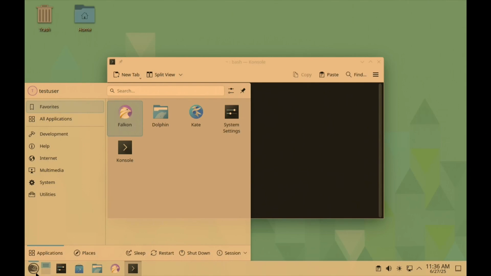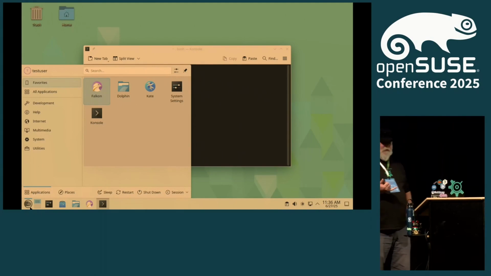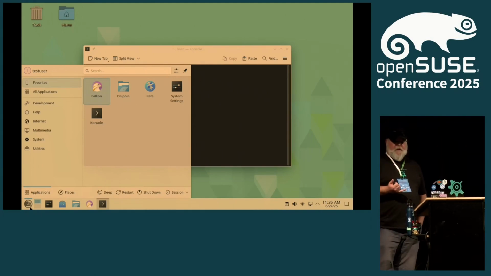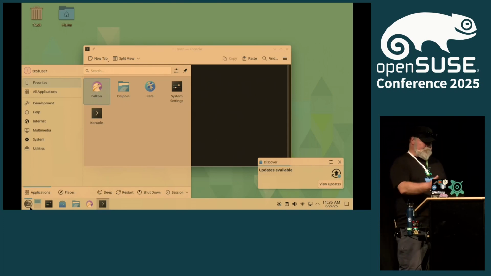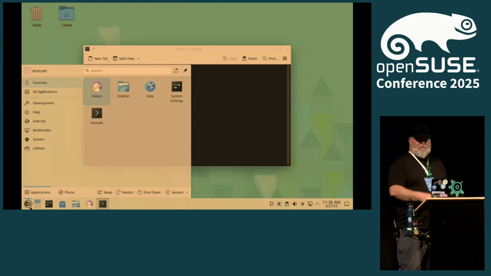I'm including Falcon from RPM just in case something goes wrong. You've got a web browser. Console is coming from RPM, so you've got a terminal. Kate is there in case you need a text editor. But beyond that, I'm not really including much software